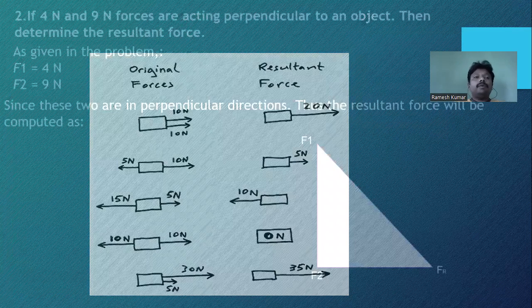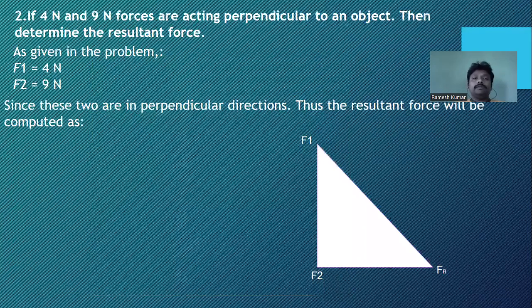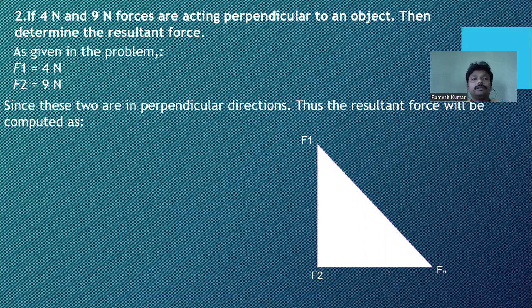Okay, let me take one more question. If two forces act perpendicular to each other, what happens to the resultant force? See, here F1 is 4 Newton and F2 is 9 Newton, which act perpendicular to each other. We want to find out the